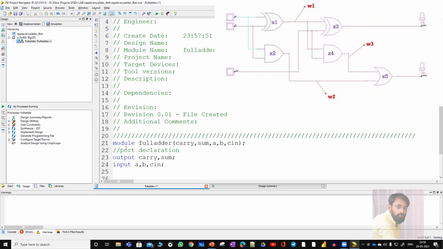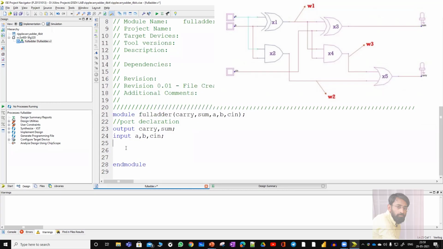Next comes our actual logic. Here I am writing the logic using the concept of gate level modeling. In gate level modeling, in order to draw the full adder, we know that it contains 2 XOR gates, 2 AND gates and 1 OR gate. First XOR gate X1.